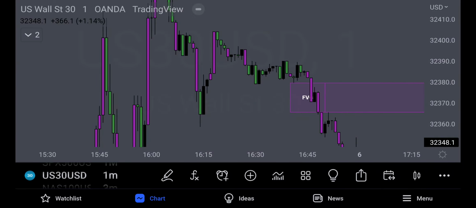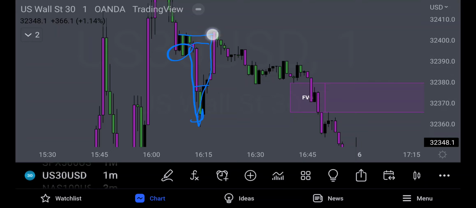I would consider this an intermediate low that was broken, left behind FVGs. Price came, traded into the order block,